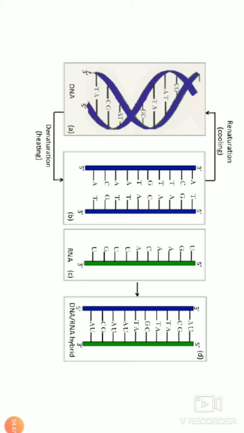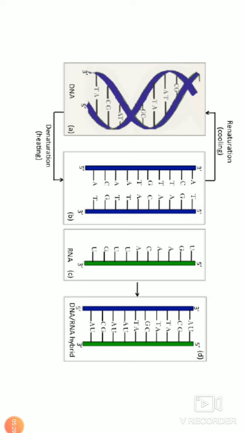RNA probes are easy to generate. Suppose you have a plasmid which contains your gene of interest, what you are looking for on the chromosome. Nowadays the expression plasmid comes with a T7 RNA polymerase site, where you can generate the RNA probes in vitro, label them and then hybridize. The binding of this probe and the template DNA is called hybridization, and that binding leads to a hybrid molecule, a DNA-RNA hybrid, that can be visualized by various methods.